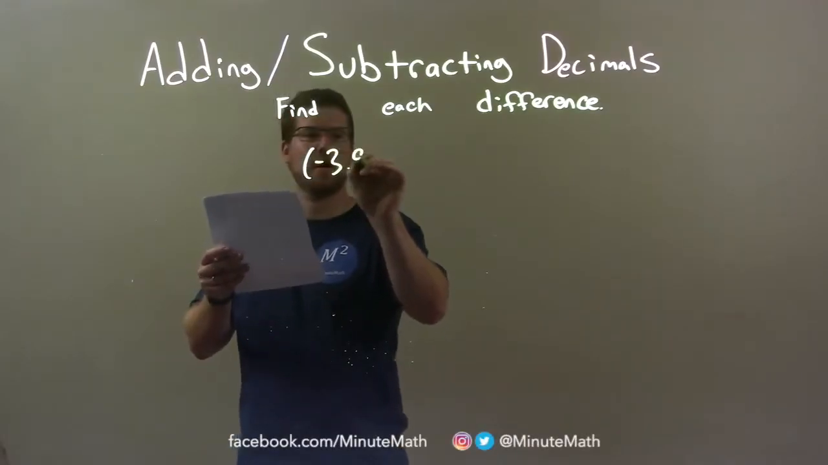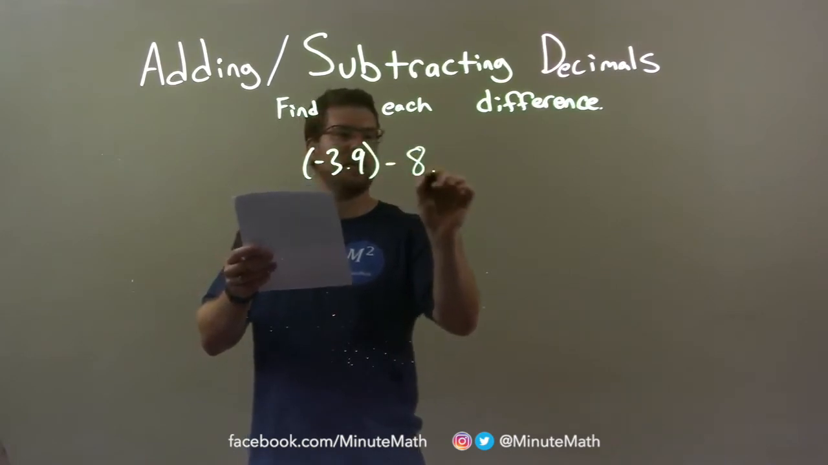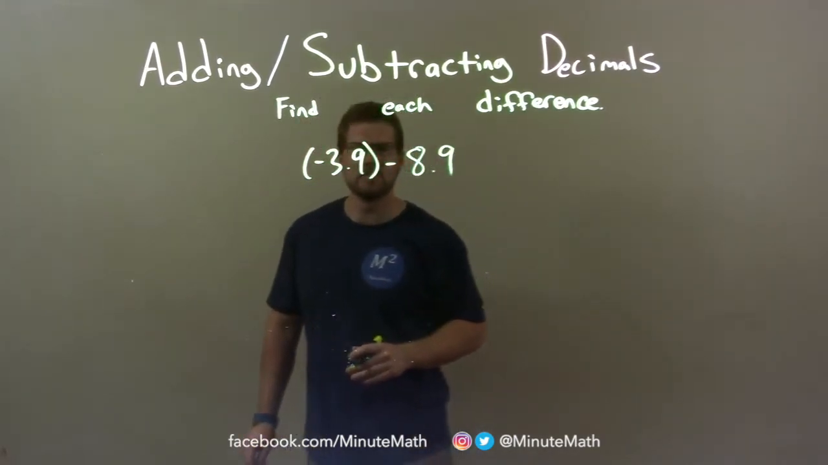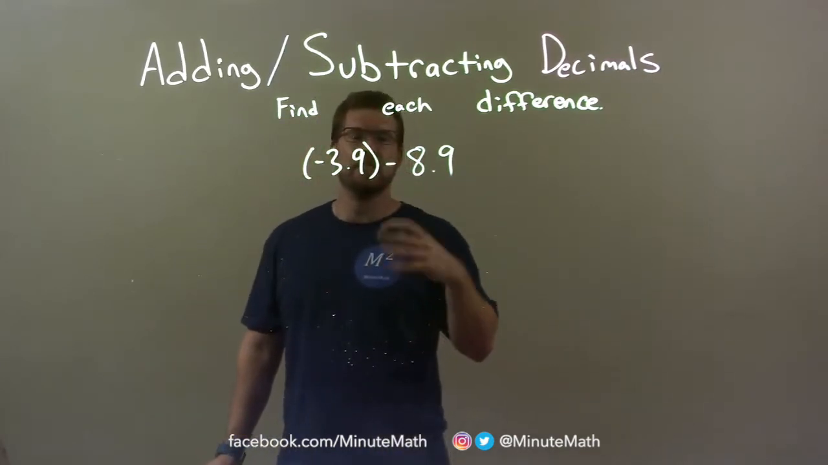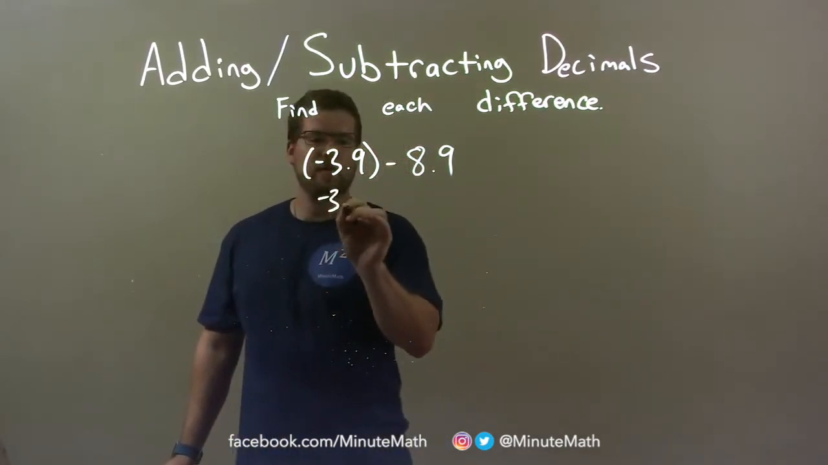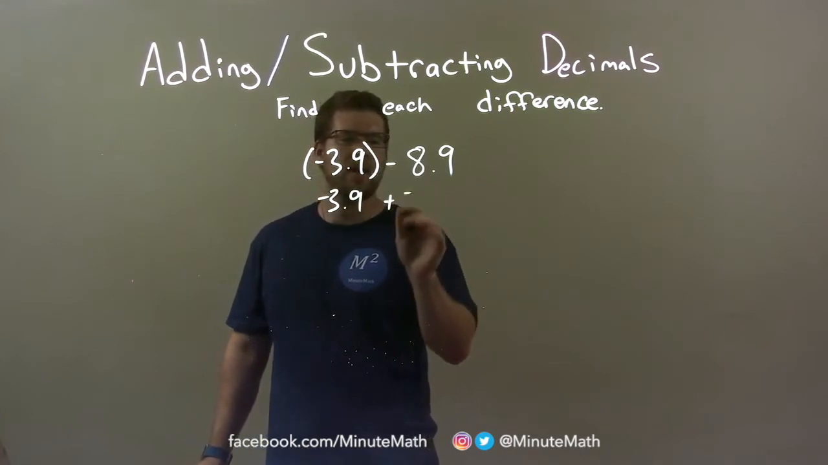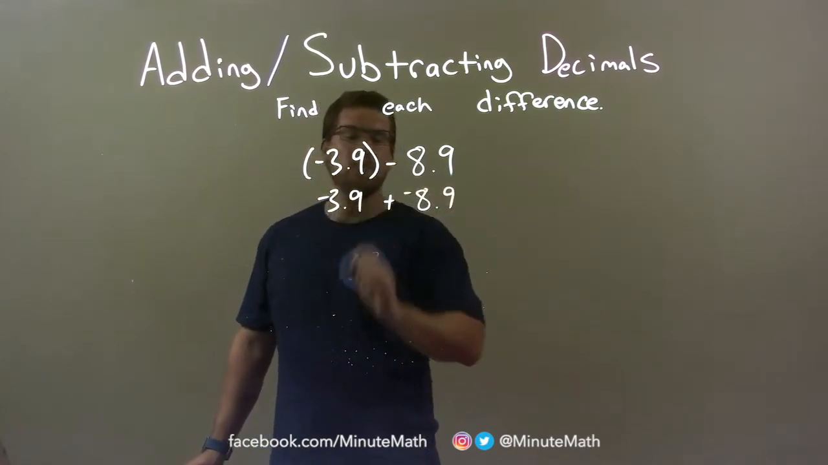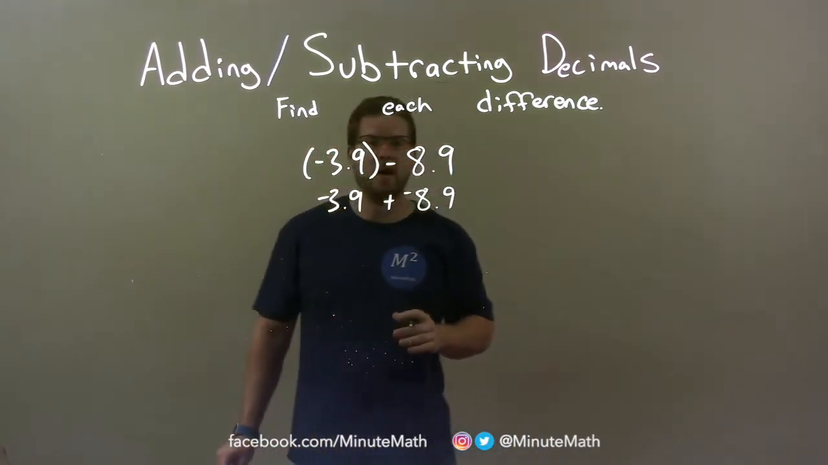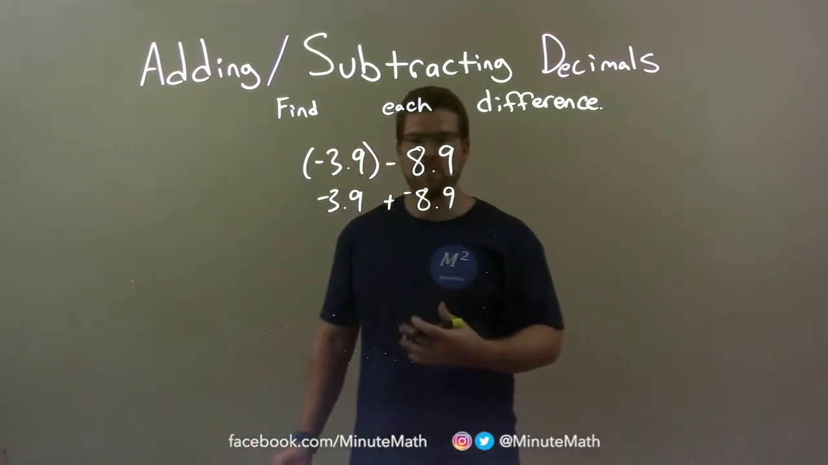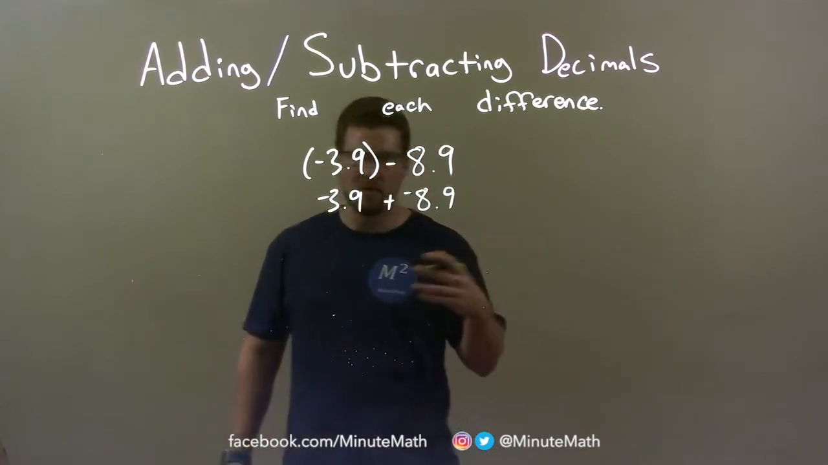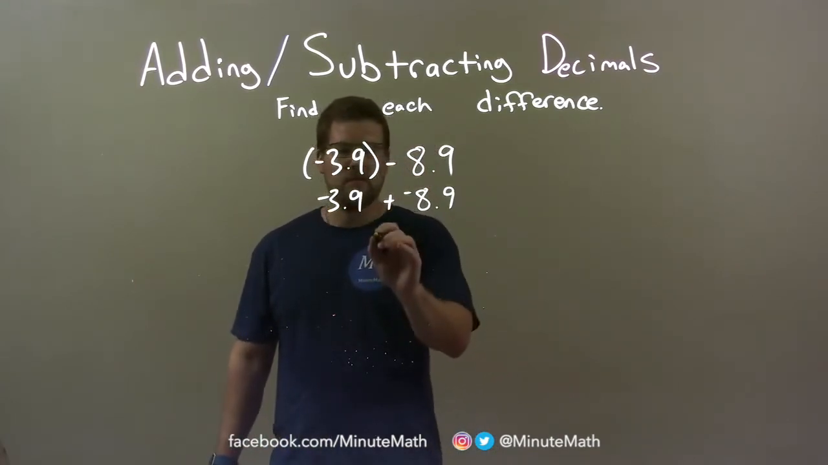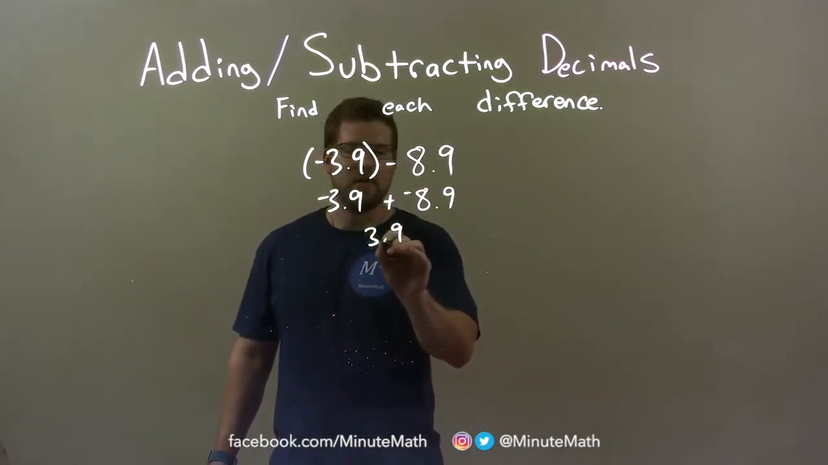Negative 3.9 minus 8.9, okay? Well, I know when I subtract these two numbers that the subtraction is the same thing as adding a negative. And this benefits me, because that becomes now negative 3.9 plus a negative 8.9. And this is treated just like an addition problem, okay? But we know the number is going to be a larger, quote-unquote, negative number, right? So let's go add these two together, and we know we have to put on a negative at the end,